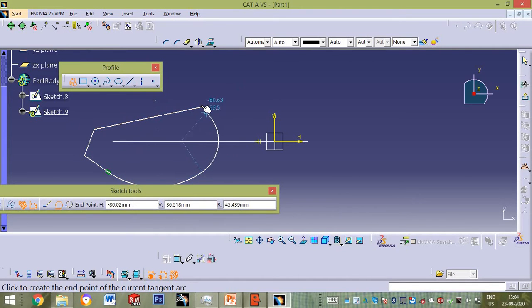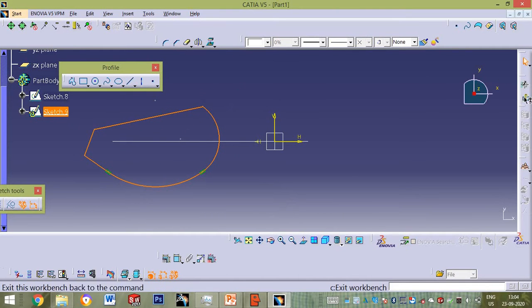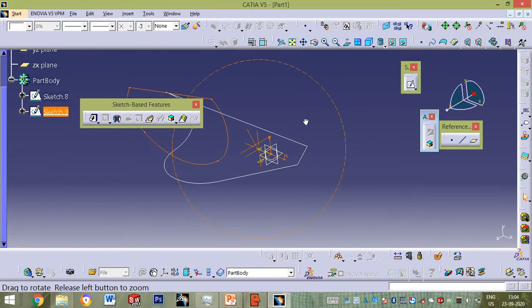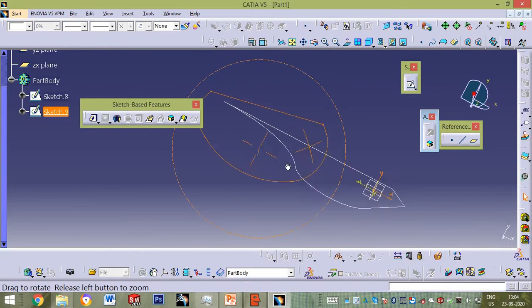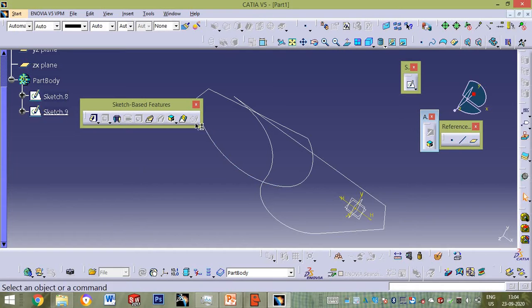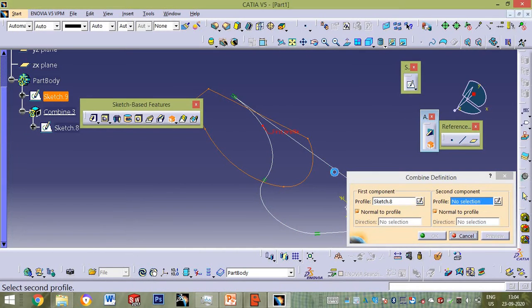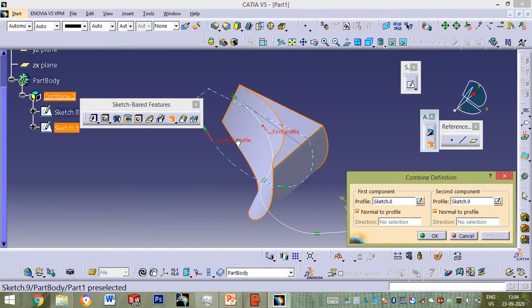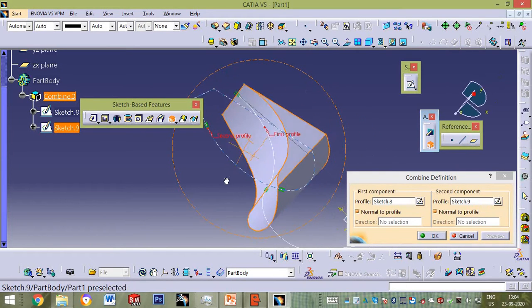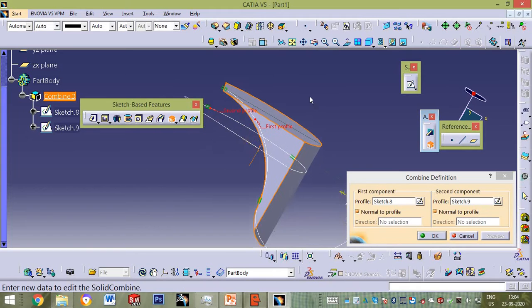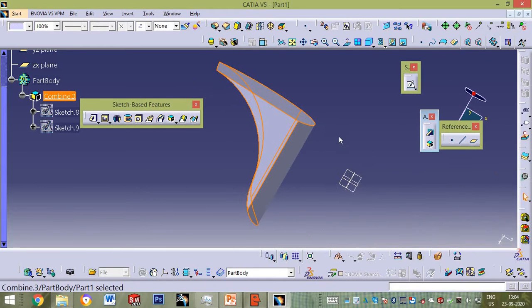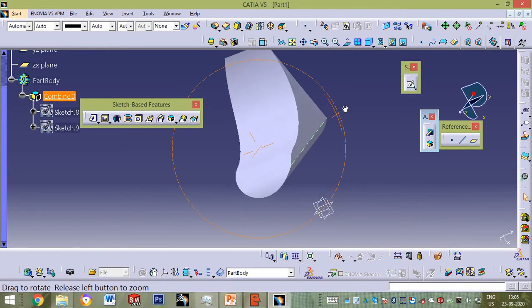Then only the solid combine command will work. Now these are the two profiles which are perpendicular to each other. Now we will go for solid combine, with profile 1 and profile 2 selections. You will get the combination of these two. It will be the intersection of the two sketches.